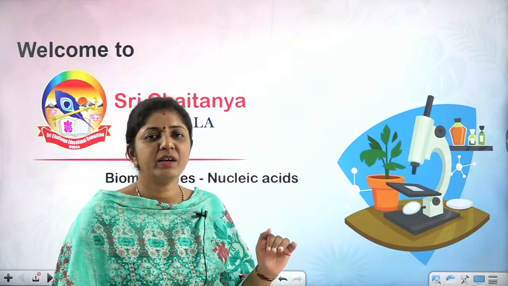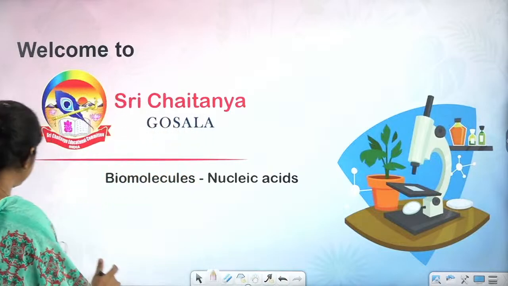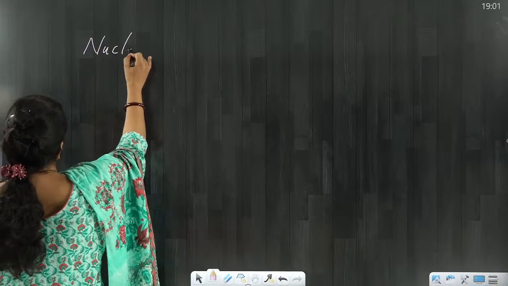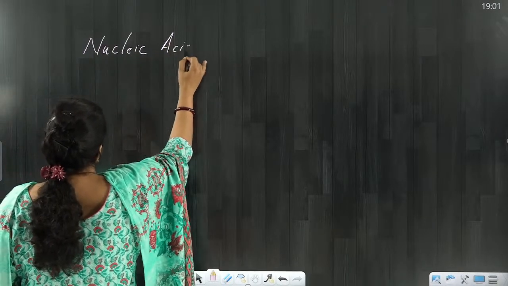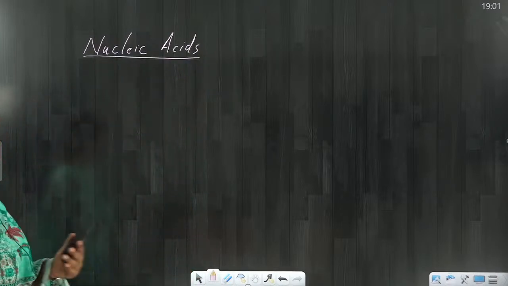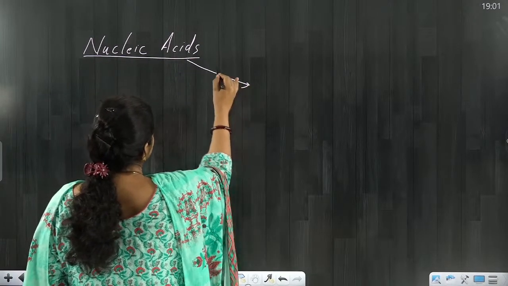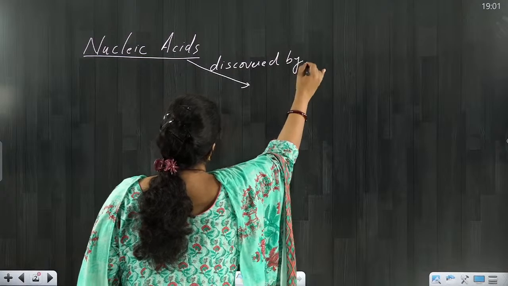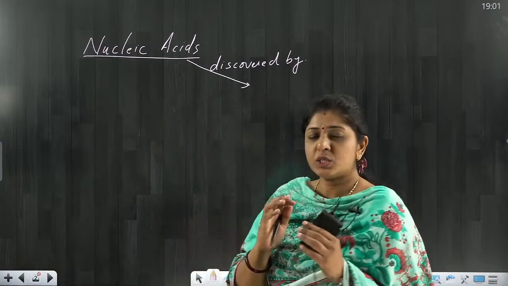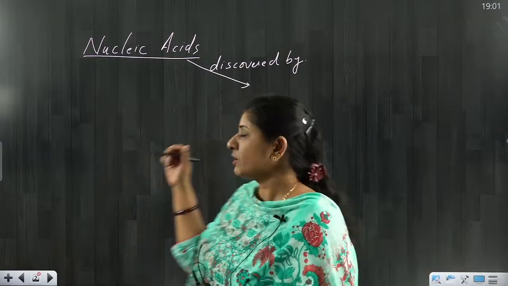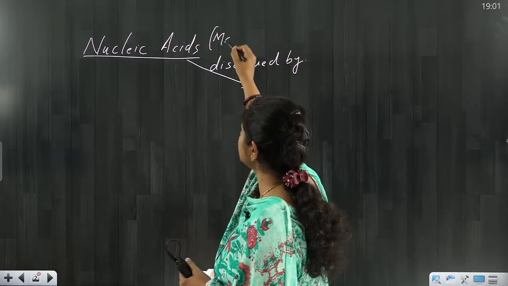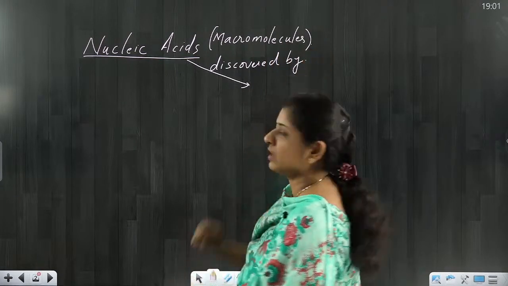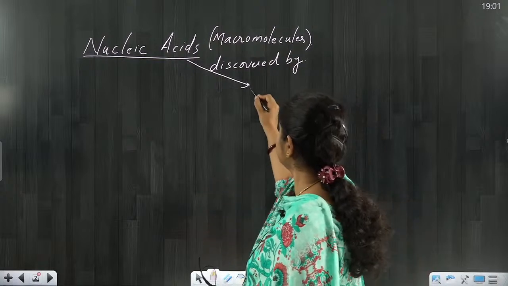Right now I am considering it under the biomolecules. Let's start with this important topic. What is the topic right now? Nucleic acids. This nucleic acid was discovered by a scientist. It is very important, one of the macromolecules. I must say this word to you to get into its history. Its discovery was done by the great scientist